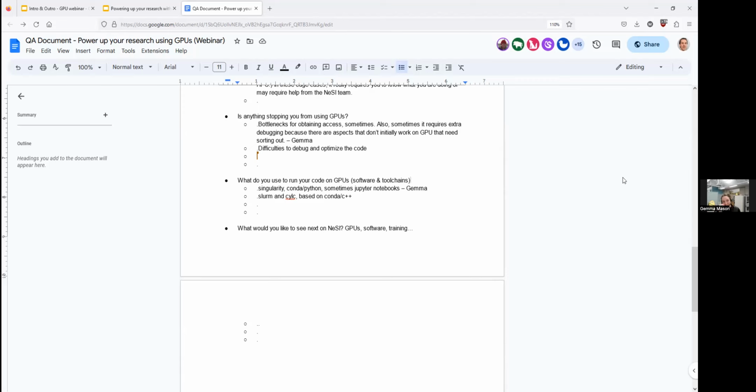And I've used the NeSI office hours actually a couple times sorting this out because I get weird error messages often. So memory issues are quite common because I'm often using the P100s, which don't have much memory. And when you do get errors that are GPU related, often they're not very informative in terms of what they tell you, and trying to figure out what on earth is going on can be a lot of back and